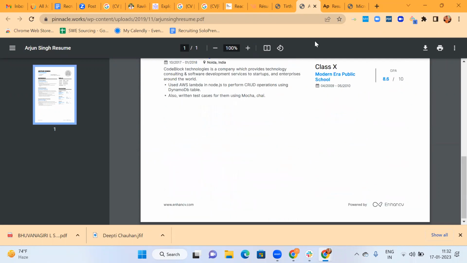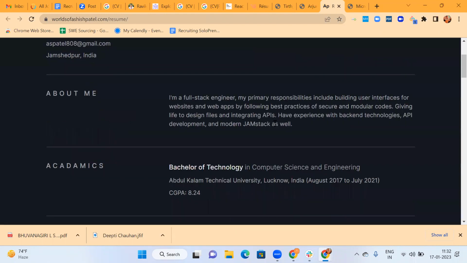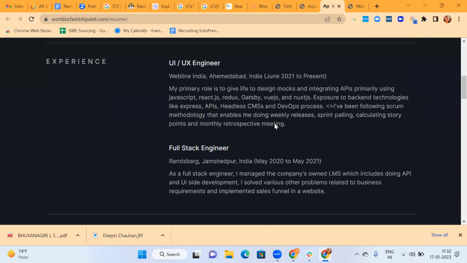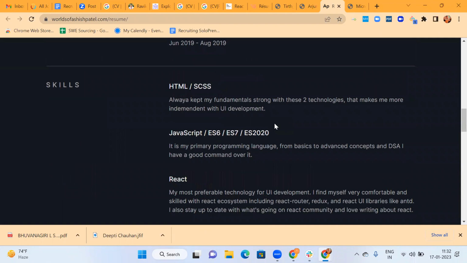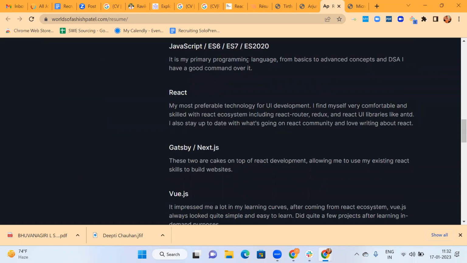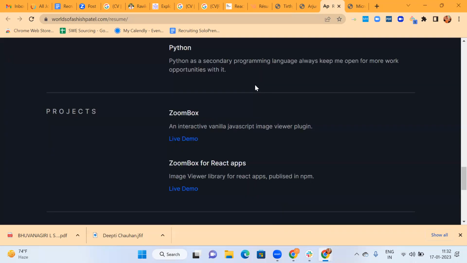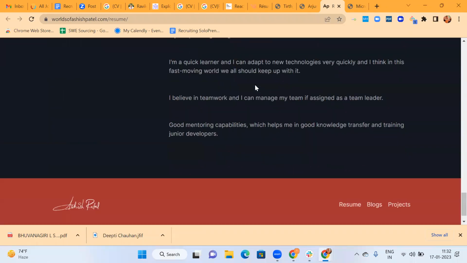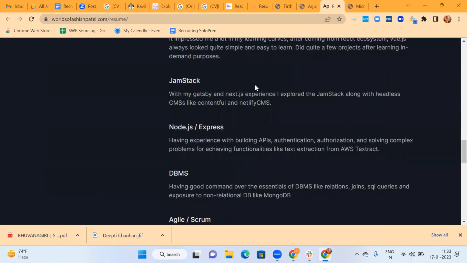All right. Ashish Patel, Gmail. Okay, Jamshedpur. Full stack, UI, UX, React, JavaScript, Vue.js, Python. Somewhere or the other, cloud and AWS must be there.